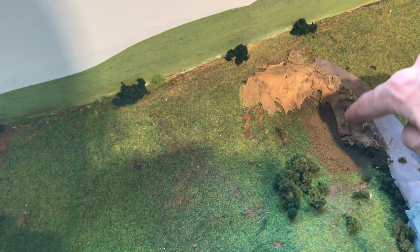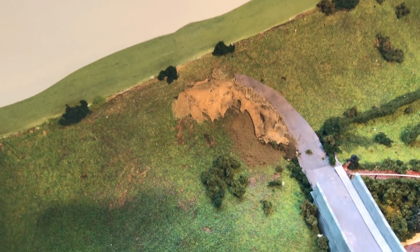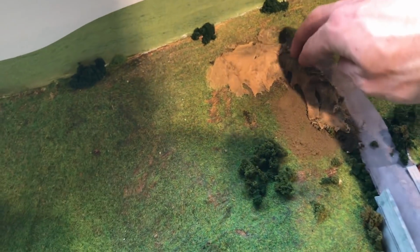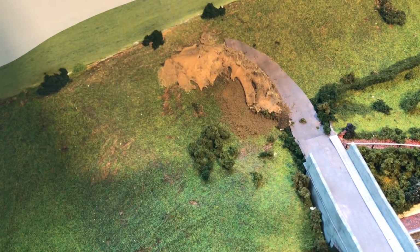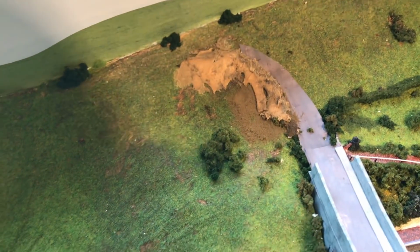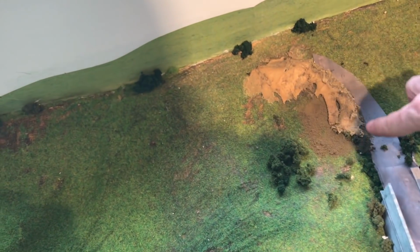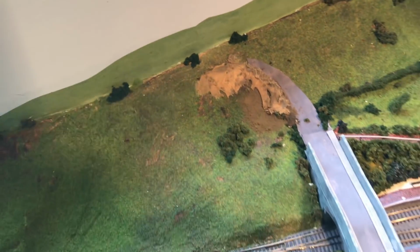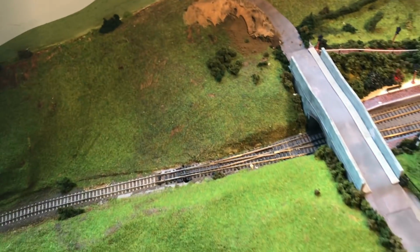just use a bit of no more nails, just because I had the last bit in the tube. I put some shaper sheet down to try and make a bit of a bank there, but it didn't really work, so the no more nails doesn't particularly look very good either, so I might go over that again with some plaster, to be honest. But that will be a bank with lots of bushes and trees to hide the road disappearing. And the reason I was using up the no more nails